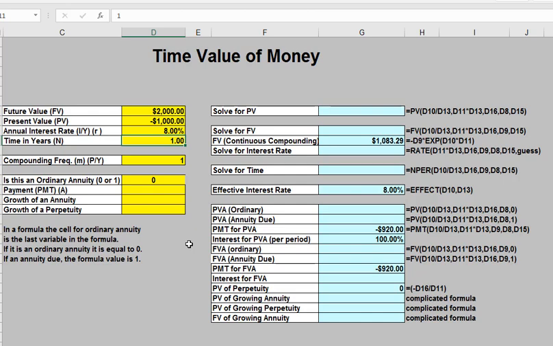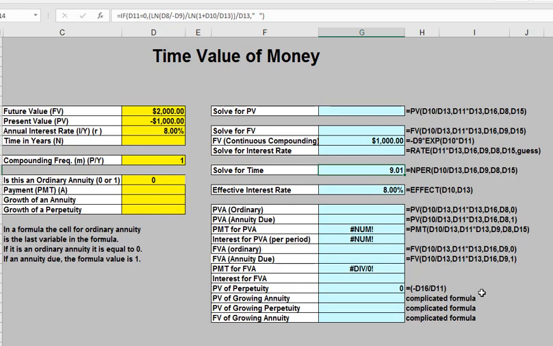There are really 4 primary variables for time value of money for a lump sum, and we are just solving for one of the missing variables. In this case, the missing variable is time. And again, you see down below here, the effective interest rate is roughly 8%. Oops, I'm sorry, wrong number. The time is